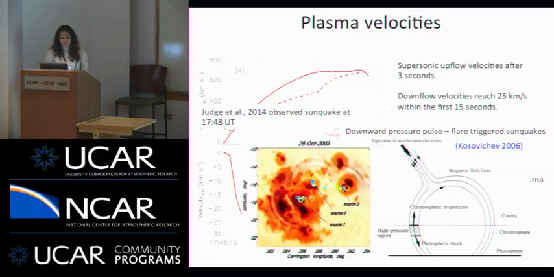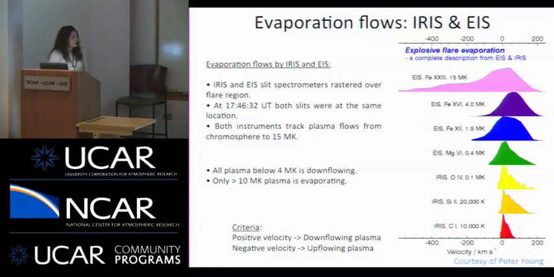Moving now to some evaporation flows, it has been previously shown. This is a slide I got from Peter Young, but previously there have been some observations about this flare. I just wanted to mention that there has been some explosive evaporation. So you have some plasma moving as downflows below. Here, I think you pointed out it was about 1 megakelvin. I got from this slide that it was about 4 megakelvin, and you have some plasma evaporating only at temperatures